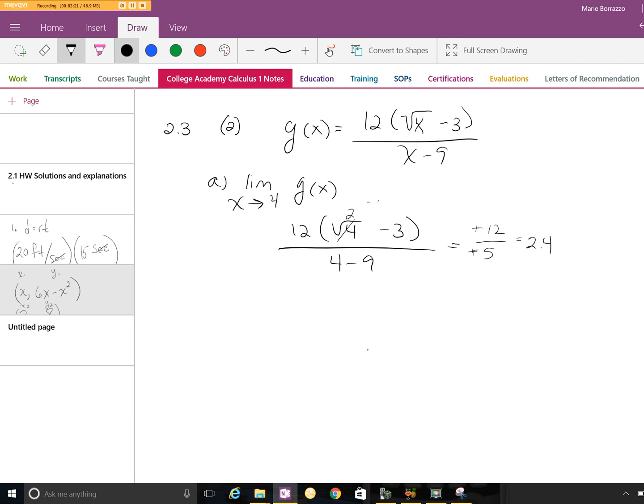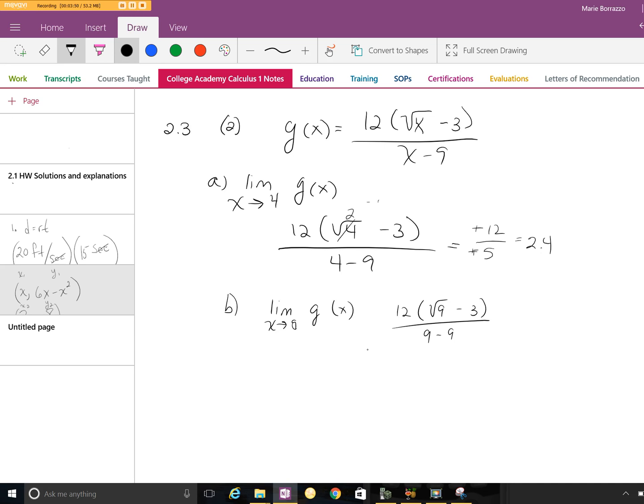For part B, same thing applies. So we're going to do the same thing. So limit as x approaches 9 for g of x. And so 12 parentheses square root of 9 minus 3 all over 9 minus 9. And resulting in,